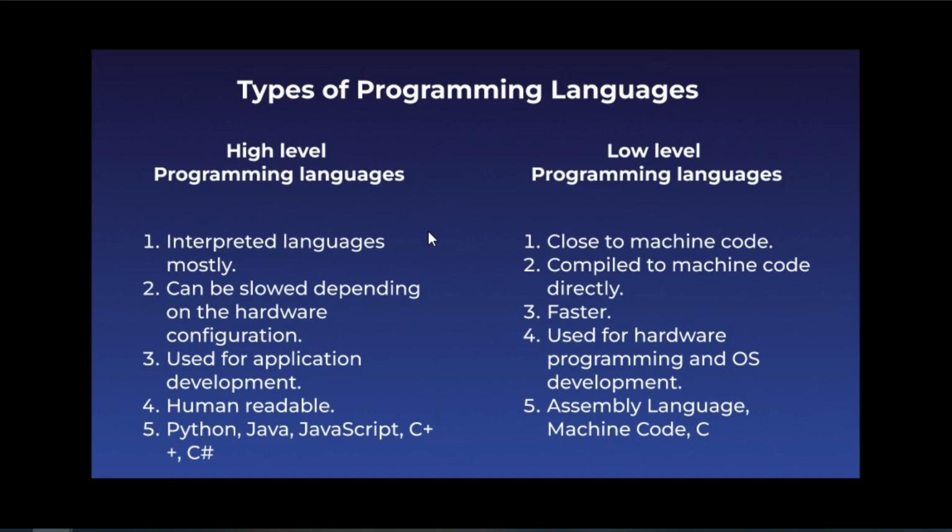So low level programming languages take a longer time to optimize based upon the hardware and configuration, and so they take a longer time to produce the compiled version, which is the machine code, but it's really fast in execution, right? And high level programming languages depend on the resources or hardware configuration of your computer, which seems like it's fast